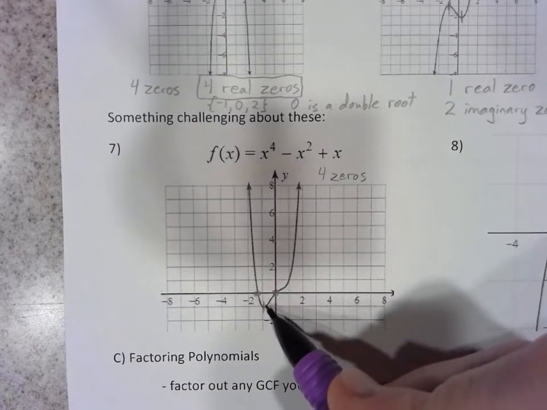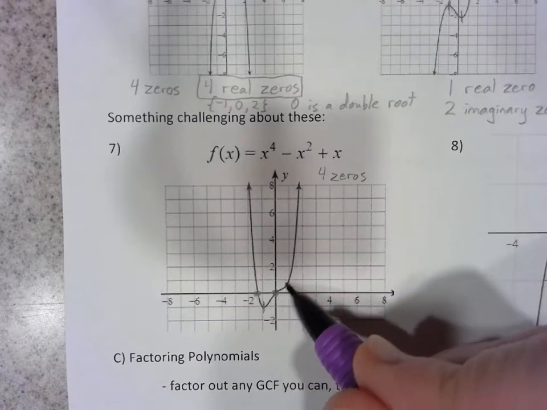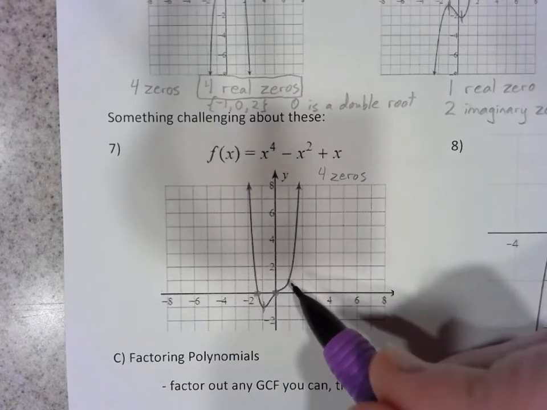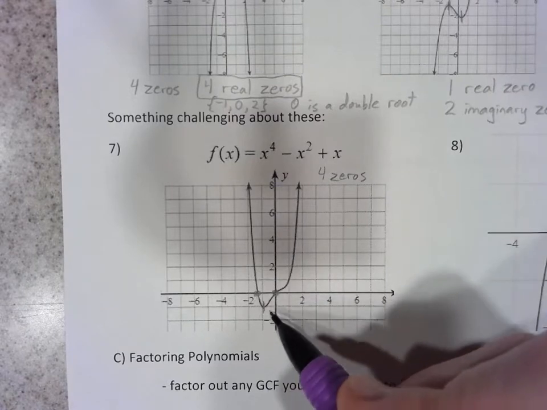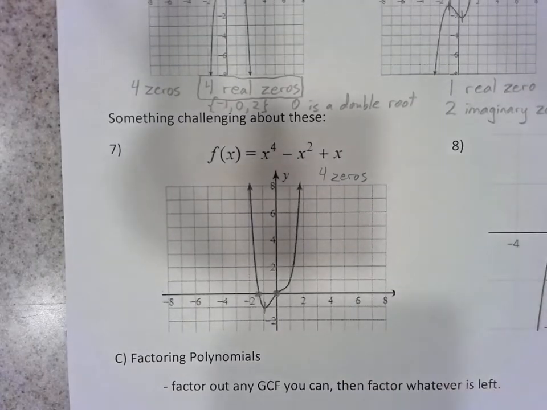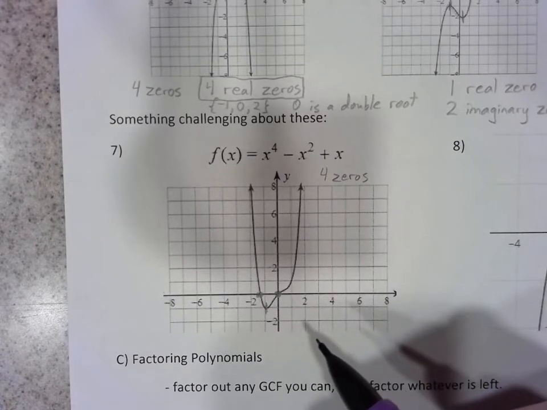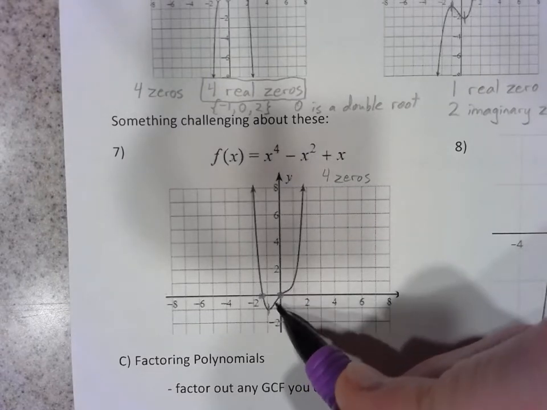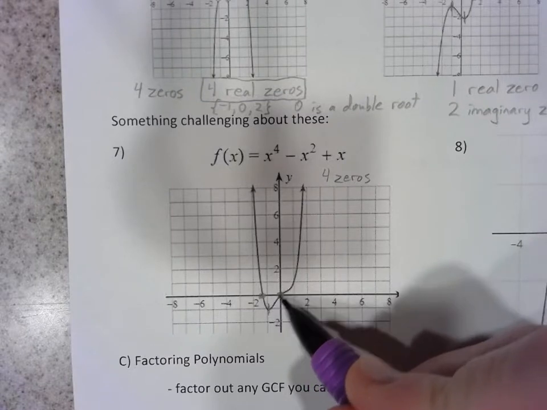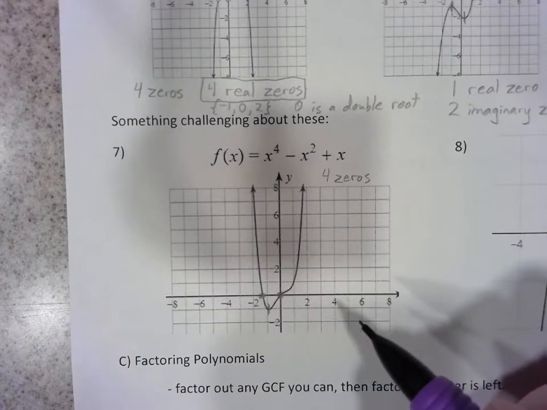Now the whole rest of the way it's going up, but it's not a straight, smooth curve. There's changing of directions through here. And so in this case, each time that it sort of changes directions, there's an additional zero in that place. And so when you see that it goes through the x-axis, but it does a little bit of a curve through there, that is